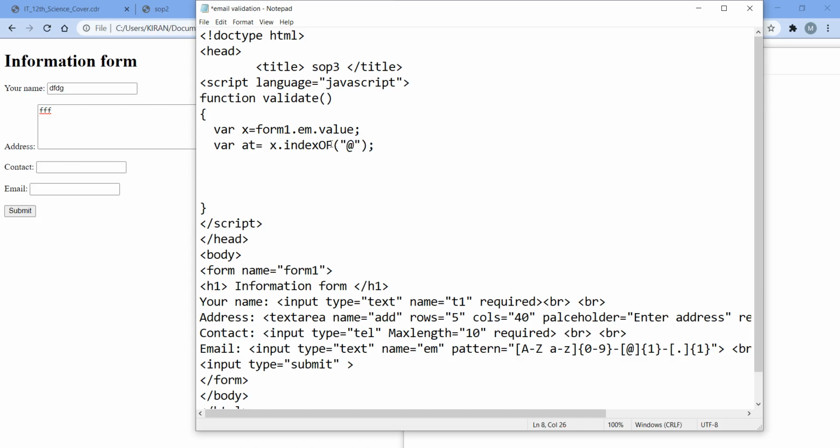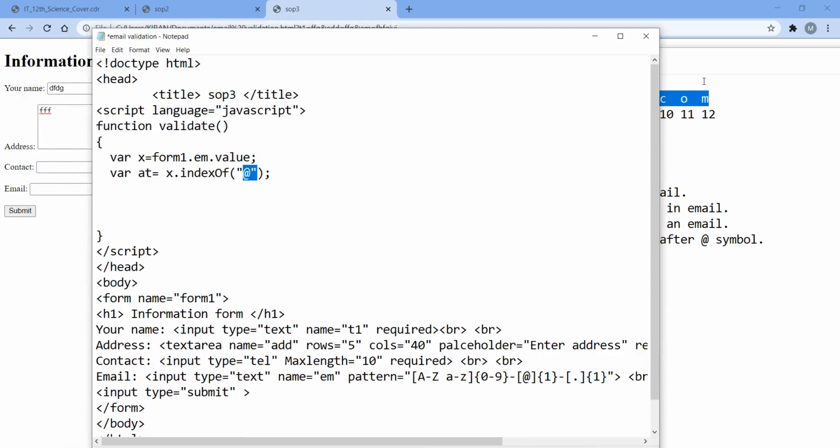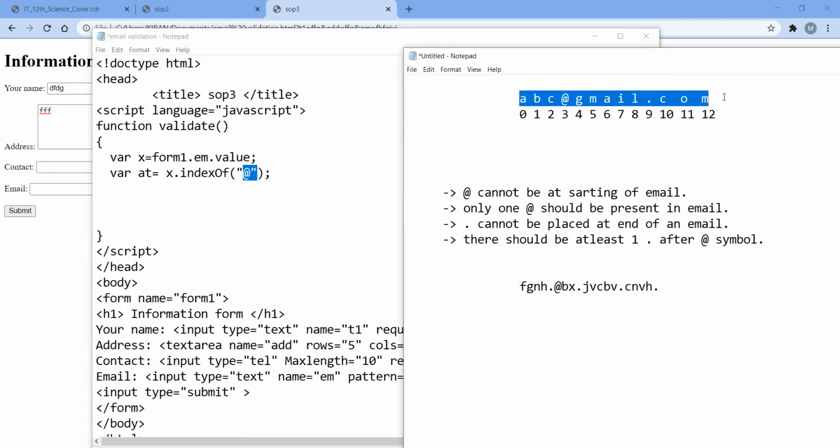Now what is this indexOf? The indexOf function returns the position of a particular symbol that we have passed in this bracket. So x means in x there will be the email. Suppose I have entered this email in my email field, so this string will be stored in my x variable.